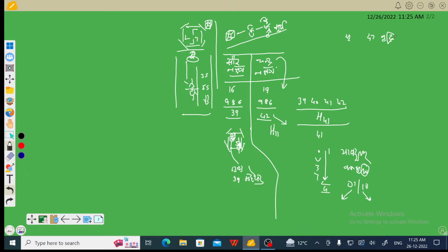This is, and the gap values are 162, making it 217. So 125 plus these values,